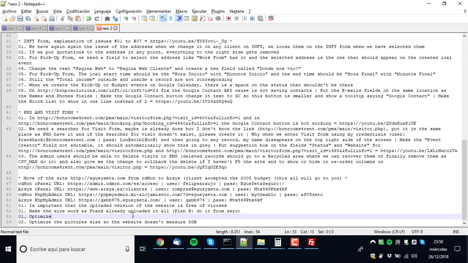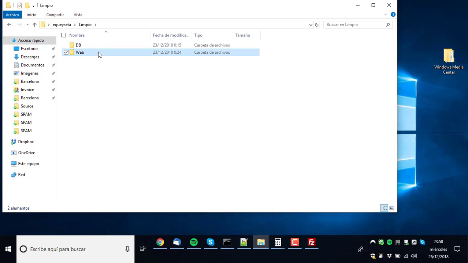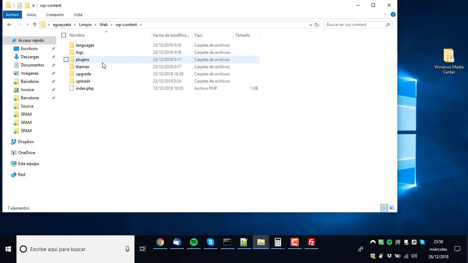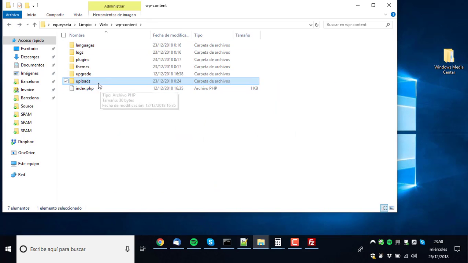Optimize the pictures so they can measure less than 6 gigas. Look, if you go to the website, once you download it, you go to content, you go to uploads, and this is what is super huge.